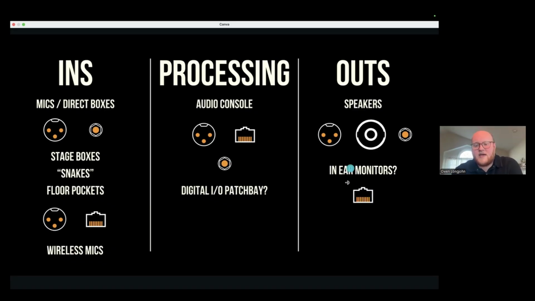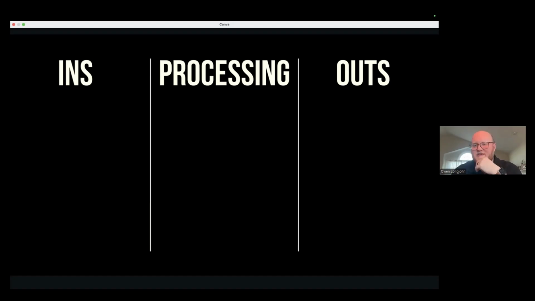You've also got in the outputs category in-ear monitors. I don't know if any of your churches utilize those, but you might have different options for in-ear monitoring so that you can hear things, if you use things like click track or just want to hear yourself as a vocalist or an instrumentalist. The other thing that I didn't throw in there is a broadcast mix. So if you have a live stream, how are you getting your audio into your video broadcast? Different things to think about.